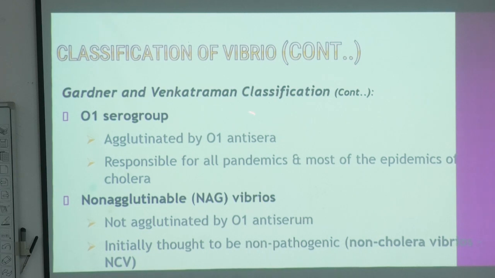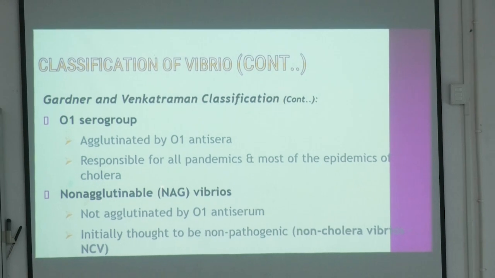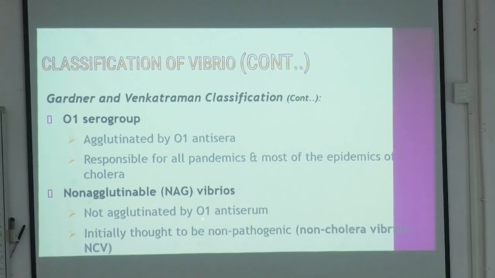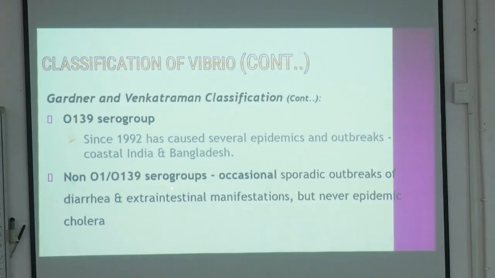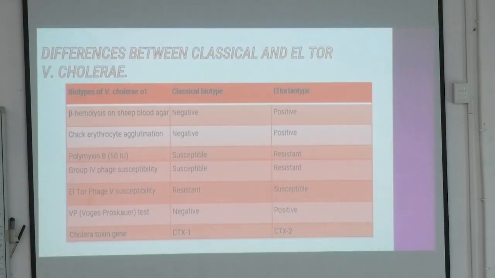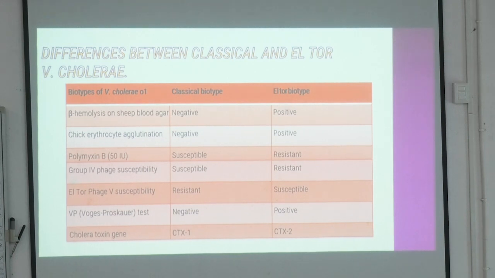O1 serogroup, এটা কেন O1 serogroup হচ্ছে agglutinated by O1 antiserum, responsible for all pandemics and most of the epidemics of cholera. Non-agglutinable Vibrio, that is non-agglutinated by O1 antiserum, তার মধ্যে most important হচ্ছে O139 serogroup. Since 1992 has caused several epidemics and outbreaks in coastal India and Bangladesh. O139 serogroup occasionally causes sporadic outbreaks and extra-intestinal manifestations. These are the differences between classical and El Tor. এটা গাঁথানোর একটা চার্ট, বাট অতটাও খুব একটা এটা আছে।